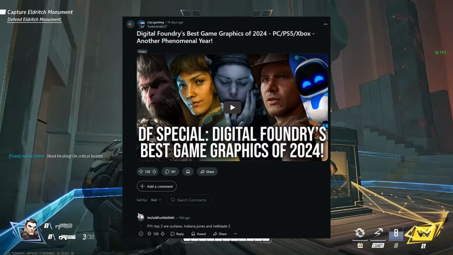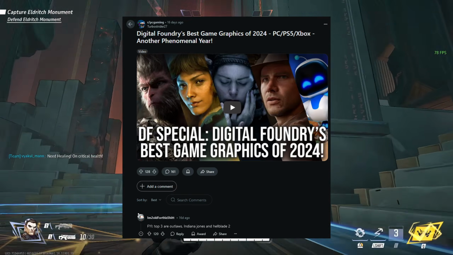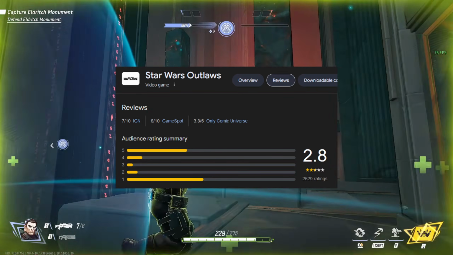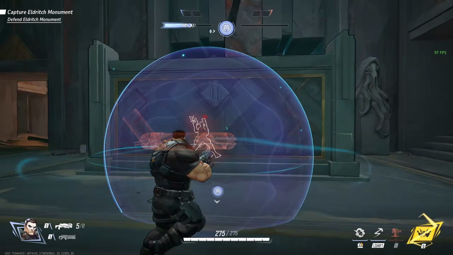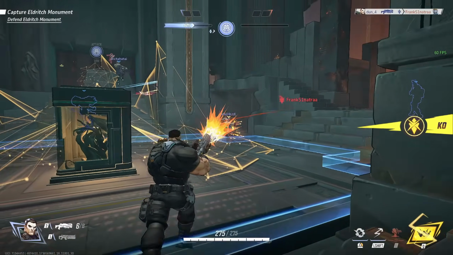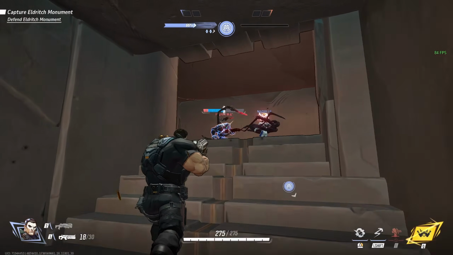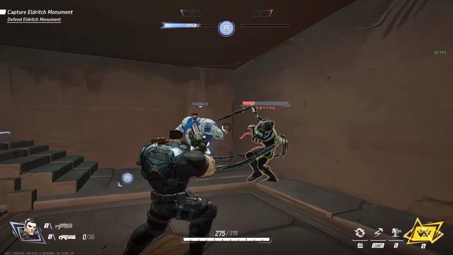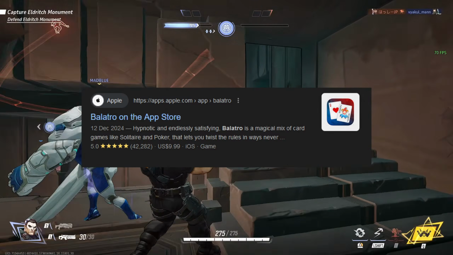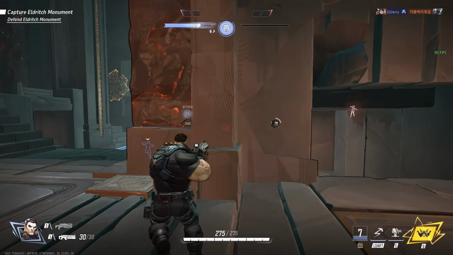Digital Foundry ranked Star Wars Outlaws, Hellblade 2, and Indiana Jones as the top 3 games with best graphics in 2024. Now, Outlaws is not quite a very good game. Hellblade looks and runs great, but from what I've read and seen, it's more of an interactive movie. So that leaves Indiana Jones. Only 1 out of the top 3 best-looking games are publicly recognized as good games. That really is sufficient proof that graphics don't matter. Like, I can play a Game of the Year nominee on my phone. And you know why? Gameplay. That's the name of the game.